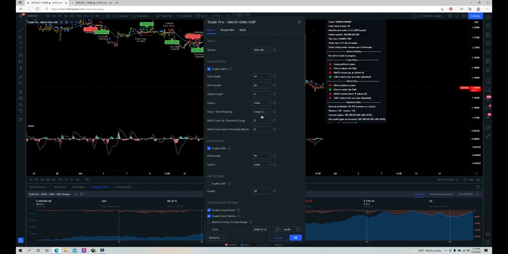And then one of the interesting things here is what you can change about the way that it takes entries. So for the first setting, you can have it with the traditional way where it's only taking a long when there's a cross up from below the zero line and only a short when there's a cross down from above the zero line. But then you can also tell it to only take longs when it crosses up while above the zero line and only take shorts when it crosses down while below the zero line. So kind of a different unconventional way of doing it. So we have both the traditional